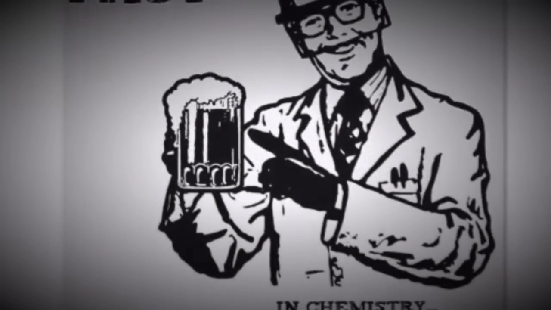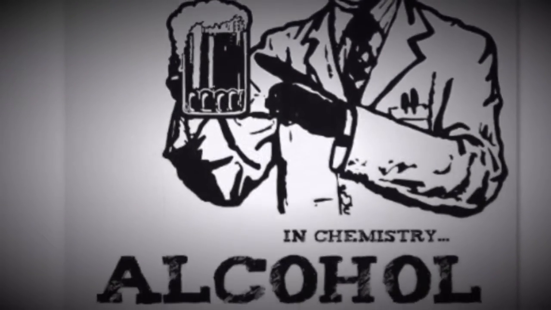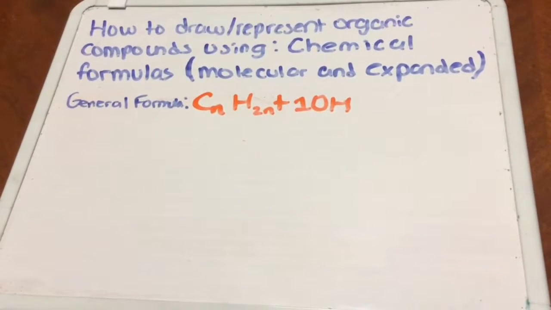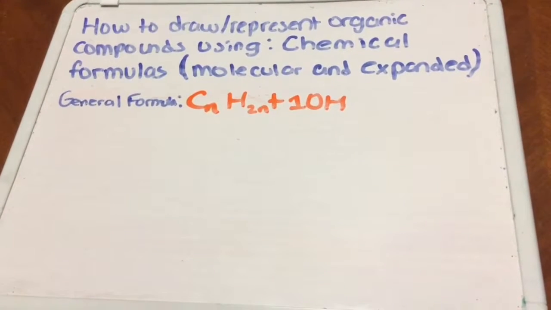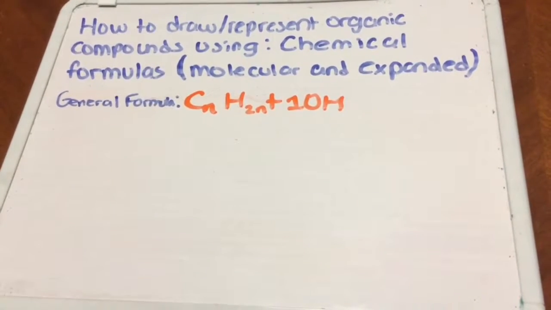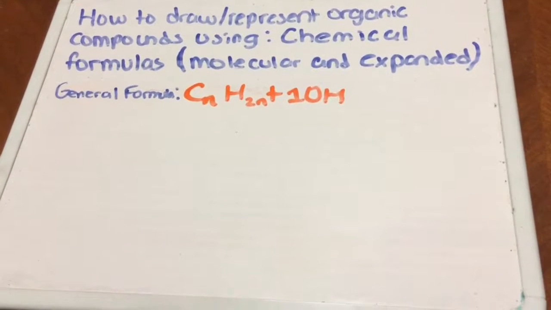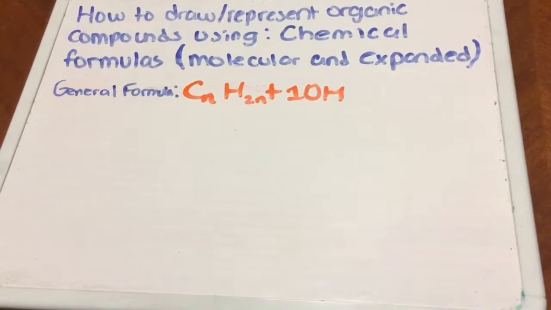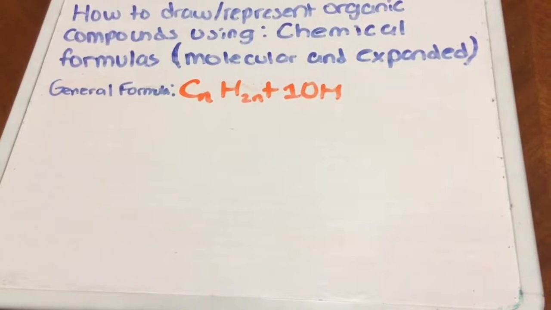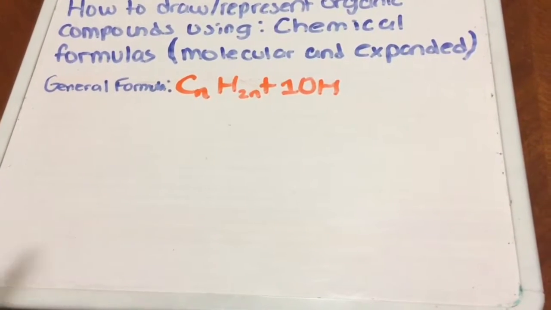Here is something that will make you think about alcohols. The general formula for alcohols is CnH2n+1OH, where n is the number of carbon atoms. For example, propanol contains 3 carbon atoms. Its molecular formula is